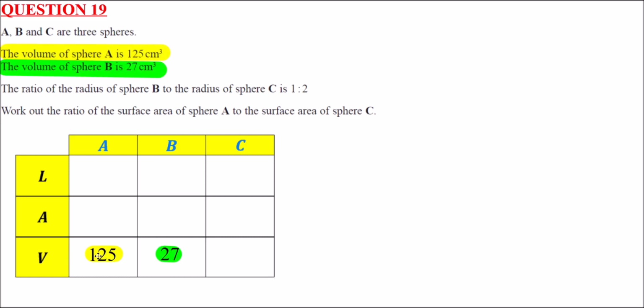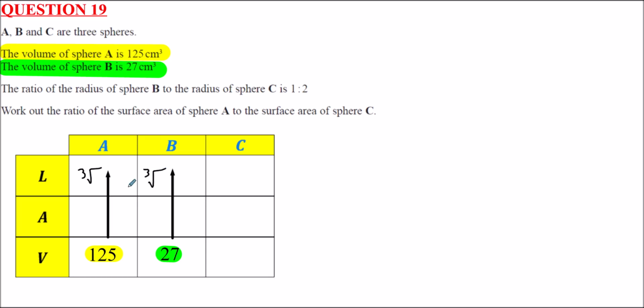Now, if the volume ratio is 125 to 27, the volume ratio is the same as the linear ratios cubed. So to go from the volume ratio to the linear ratio, what we can do to both of these values is cube root them both. So if we cube root 125 and we cube root 27, we can therefore derive the linear ratio of sphere